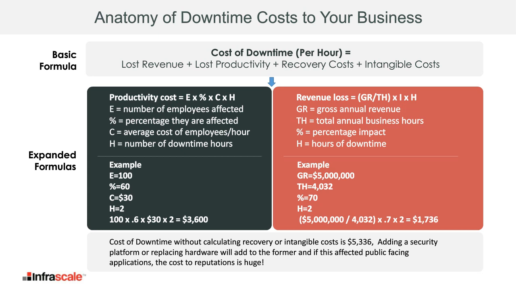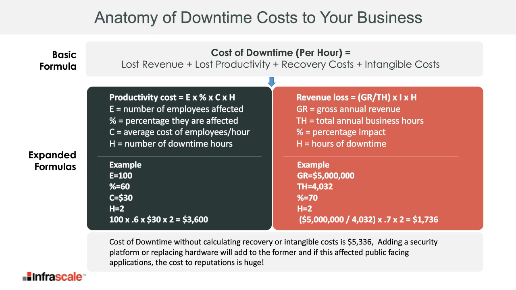The basic formula is you want to quantify their cost of downtime per hour by taking lost revenue on an annualized basis, lost productivity, lost recovery costs, and lost intangible costs. Now, this is a more difficult thing to quantify, and this is going to vary a lot depending on what the outage source was and what has actually happened there. But these two, we can help you to quantify, and you'll know a minimum cost per hour for those critical applications that you can give them, and they will know that there's typically going to be other costs that you